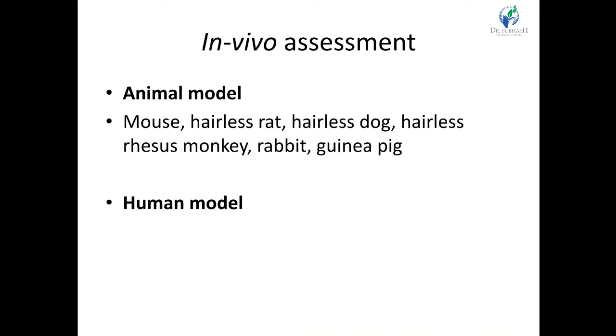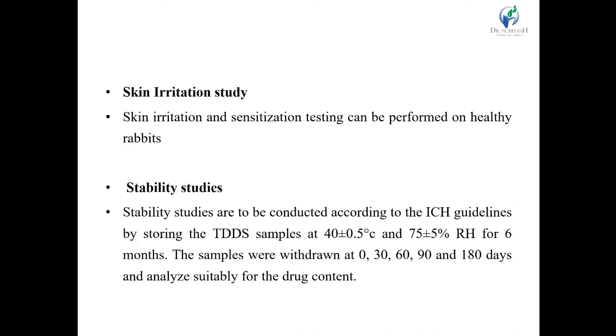So we have to remove the hair, then put the patch onto that surface on the animal. Then we have to find out the skin irritation studies and the skin permeability diffusion part, where periodically we have to take blood samples and analyze them in vivo. For the skin irritation study, we have to see any erythema or edema, and give a score of 0, 1, 2, 3, based on low, moderate or high intensity of the irritation.